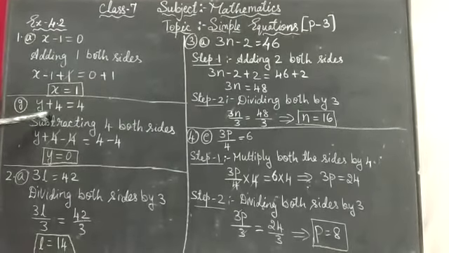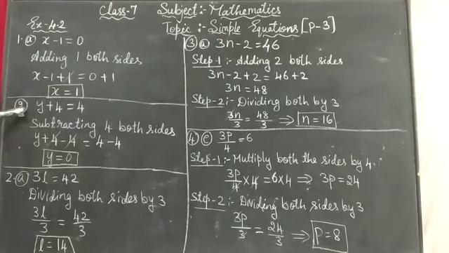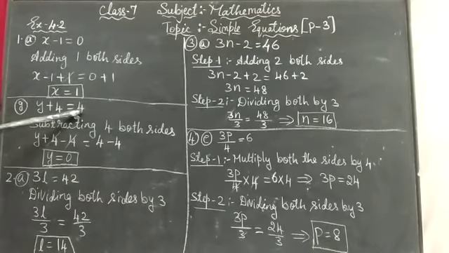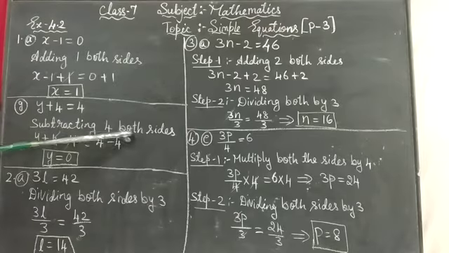Okay. Now the second one here, y plus, that is part b. First main question I have taken, that is y plus 4 is equals to 4. So what is the number given here? 4. Okay. 4 I have to take. Then what is the sign given? It is plus. What is the opposite of plus? Minus. So you have to subtract 4 on both sides. Because I want to remove this value so that I get the value of the variable. Clear? So subtracting 4 on both sides.